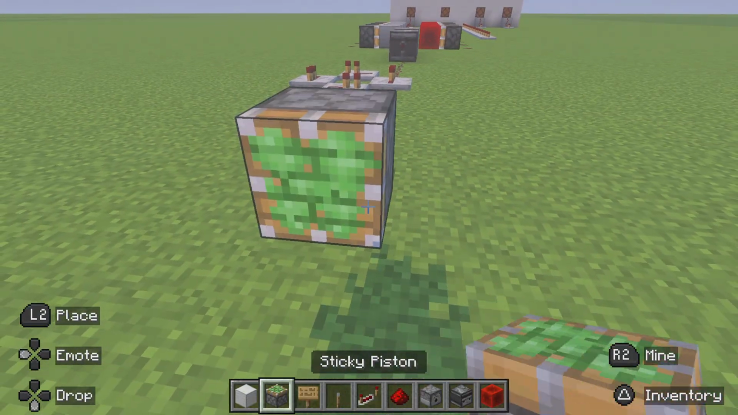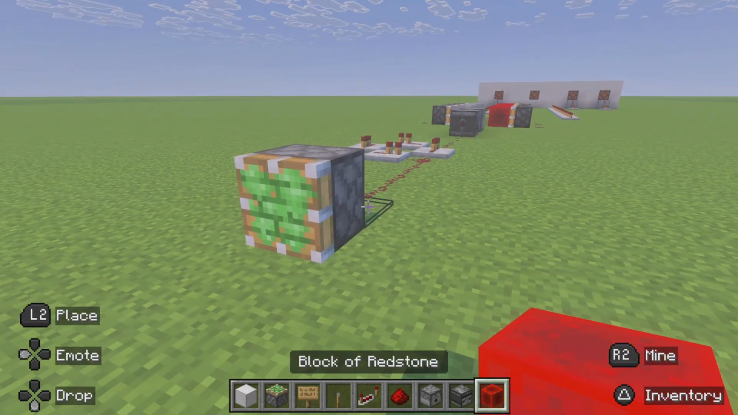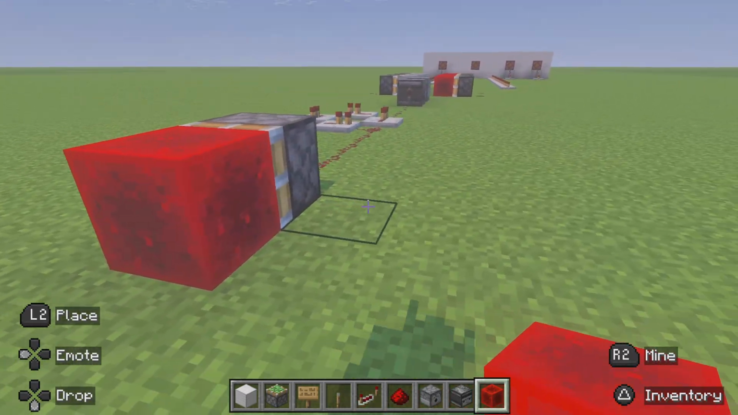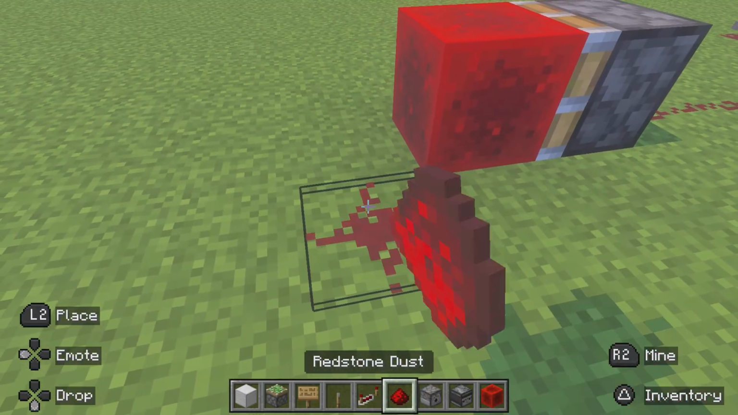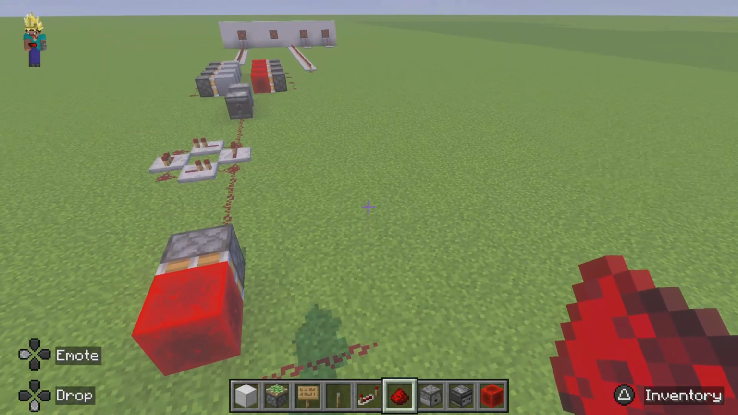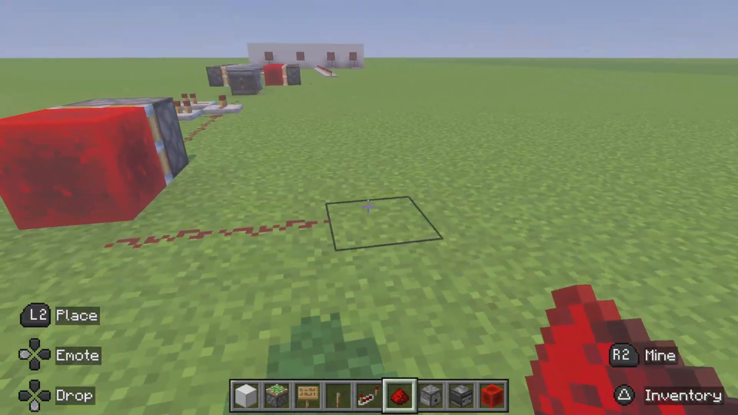You want to place the piston like this. By the way, no normal pistons, only use sticky pistons. Unless you're building a different type of reactor. But who would be doing that? This is a GLC tutorial. Anyways,